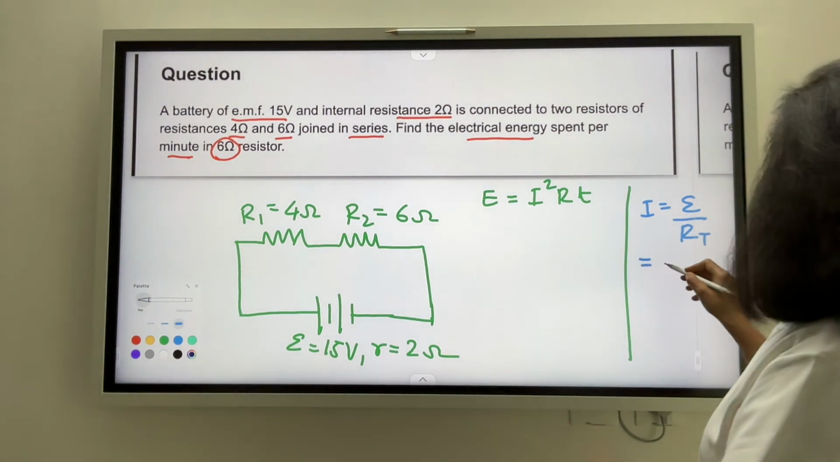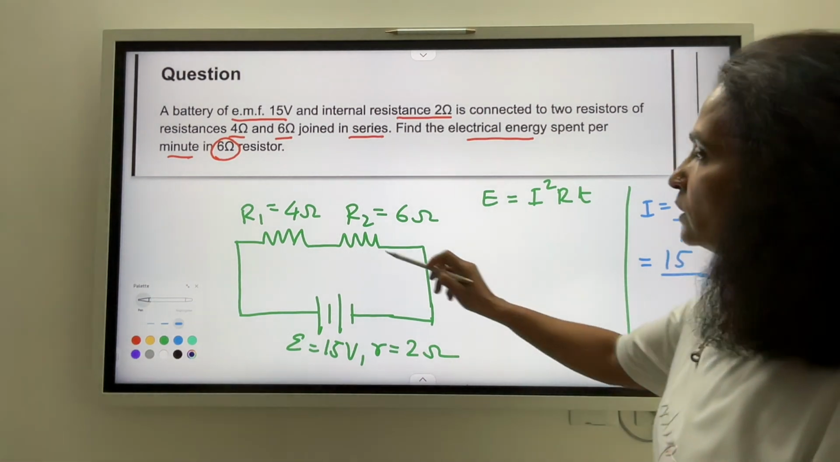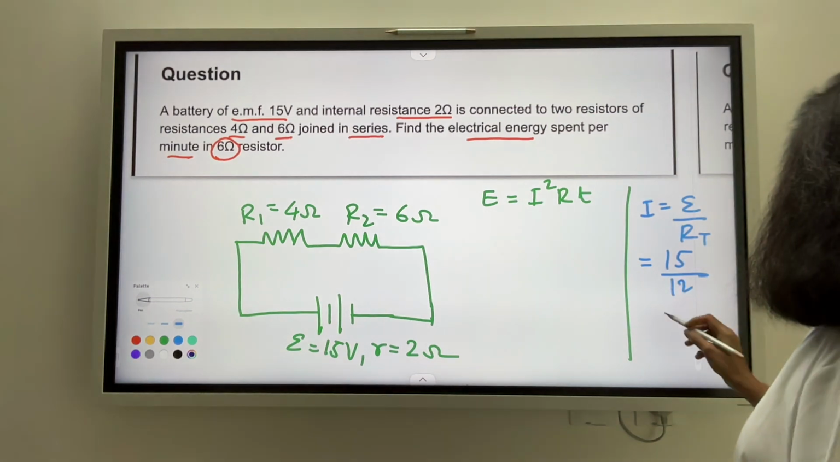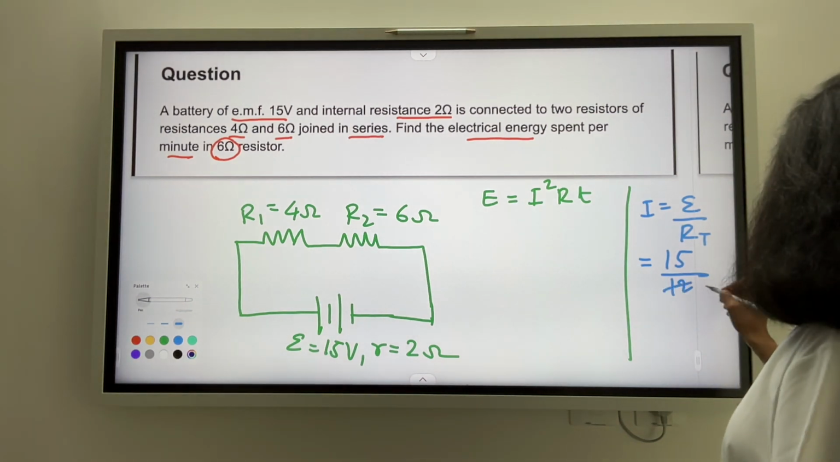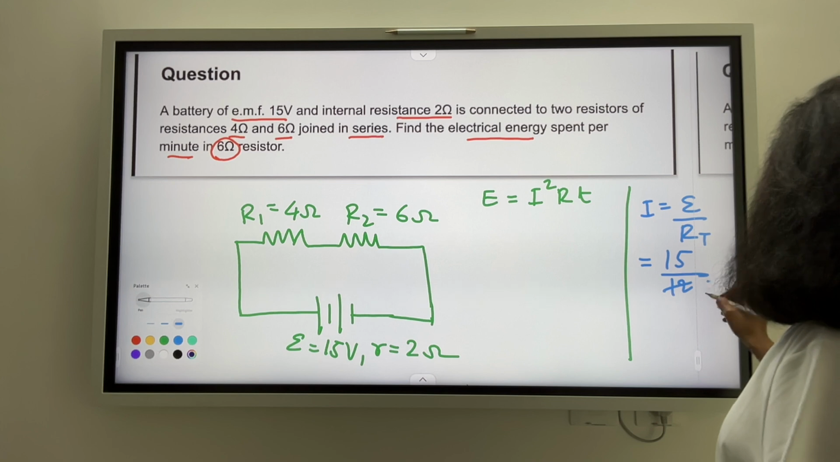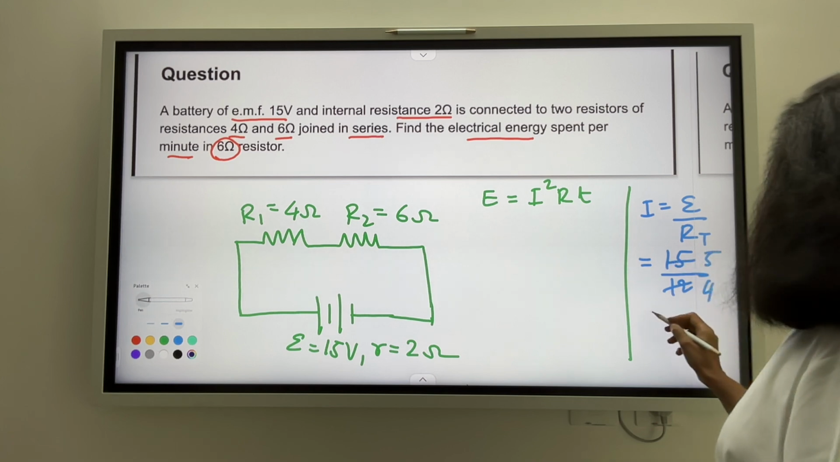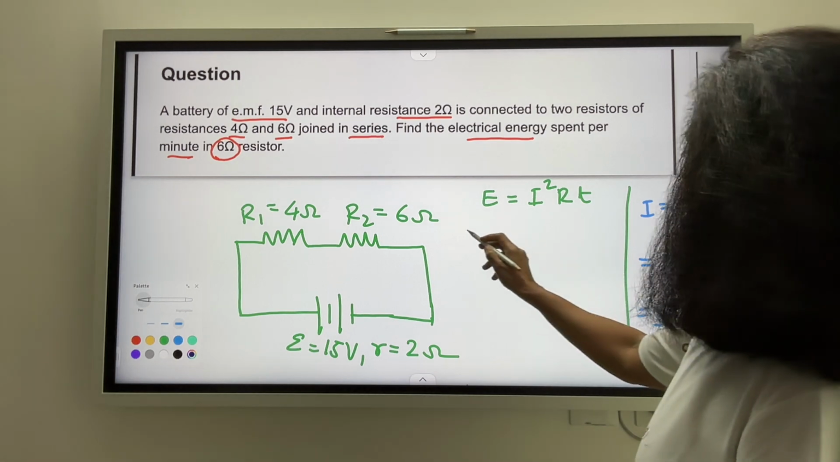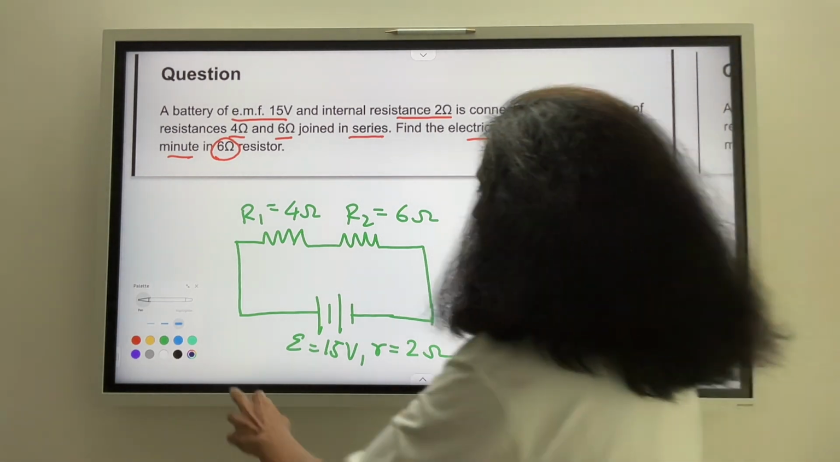What is the EMF? 15. What is my R total? 6 plus 4, 10 plus 2, 12. They are all in series. So 15 by 12. 3 fours are 12, 3 fives are 15. So 5 by 4 ampere is my current. So I could find out my E as